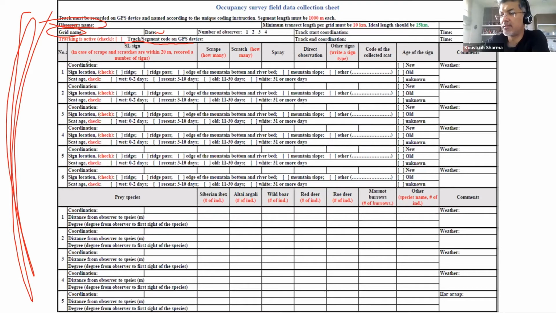But if you look carefully, what kind of sign you are seeing is very important information, because many of you would know that even with a species such as snow leopard, it's not always easy to detect or to recognize the species based on the scat or certain marks. Scrapes are typically considered to be most convenient or most accurate in terms of species ID, but it's really important to identify what all little data can cause error.